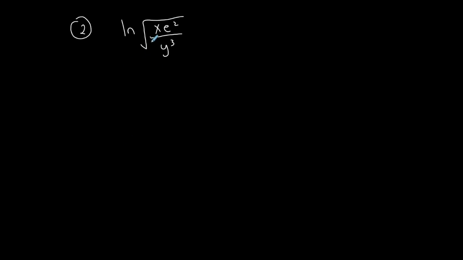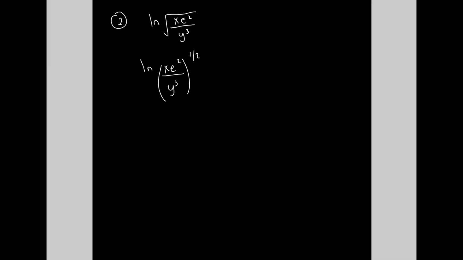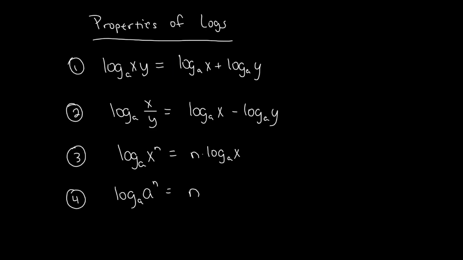First things first, I have a quotient, but I can't go directly into that quotient property because I have this square root on top. So if you guys remember, you can actually rewrite a square root as an exponent of 1/2. The denominator of the exponent is the same as the index of the radical. So the square root can become an exponent of 1/2, which allows me to first use the third property,